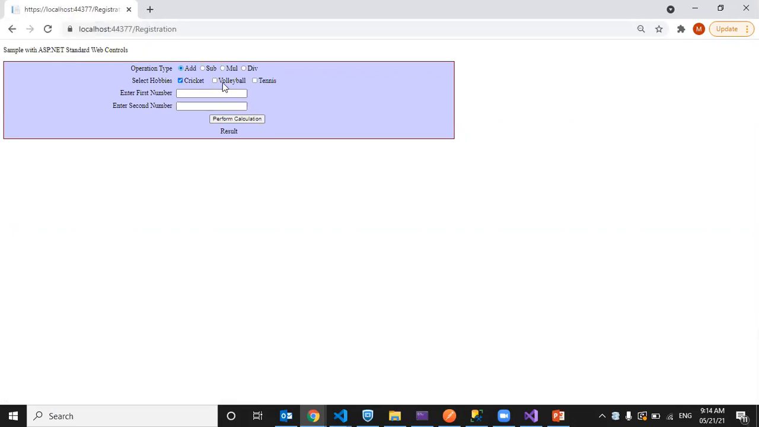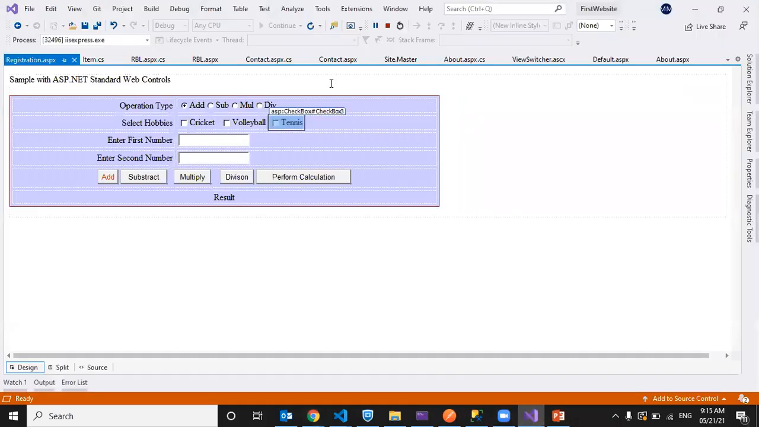See here, it is reloaded. I'm checking volleyball again, just check the top part. So it is reloaded. When I check tennis, it won't reload because I did not set that. I don't want to submit the value. See here, nothing happened. When I uncheck also, see that it is reloading. Okay. So that is the use of